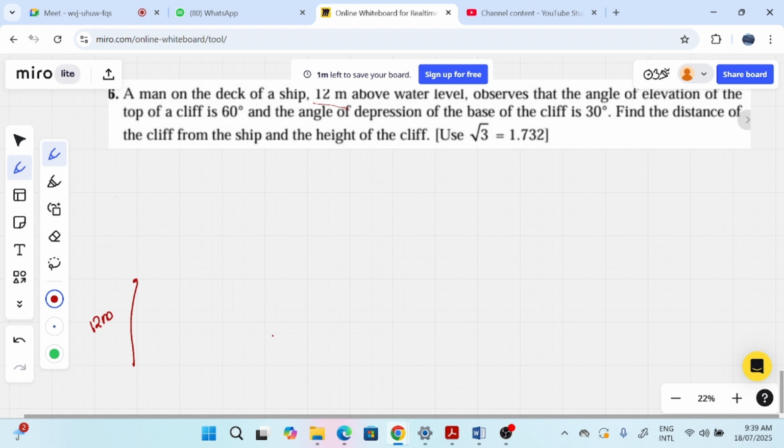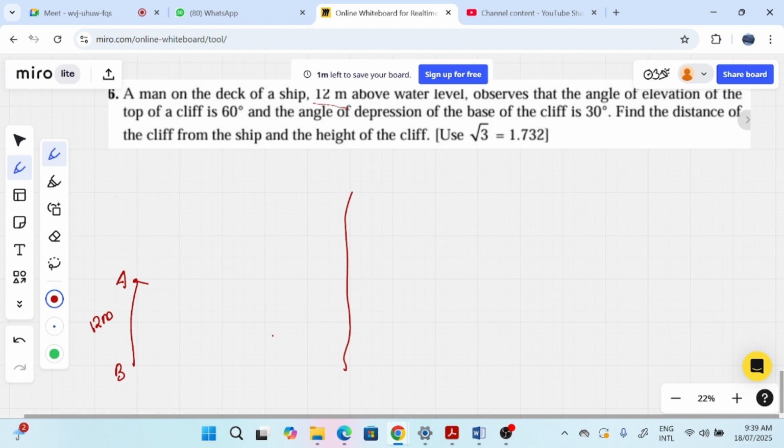Let me just give it a name, AB. So somebody is looking from A to top of what? Of a cliff. So this is the cliff. That means when you are looking high, the cliff is taller. So if the cliff is taller, this guy is looking like this